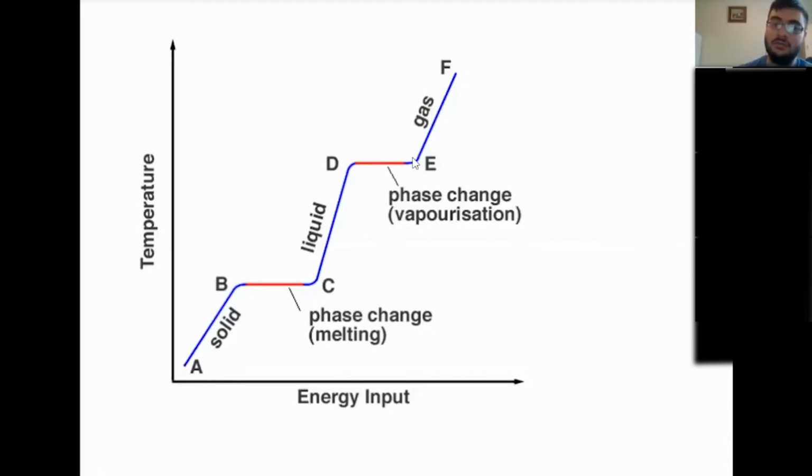And then until it reaches this point E, in which all of the water has fully evaporated, there's no more liquid water left, it's all gas, then if you add more heat, the temperature will rise. This is an important concept: when you're at your melting temperature or at your boiling temperature, either way, if you add in heat, it won't change the temperature, it'll only change the state of matter, right? It has to fully be in between in order to change temperature.